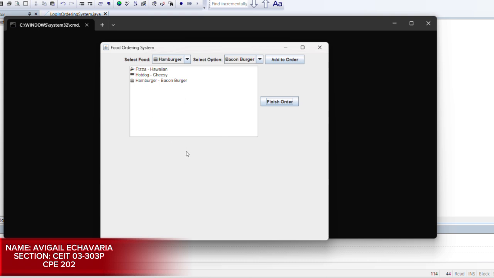Once all desired food and options are added to the receipt, I can click Finish Order. The program shows a confirmation message, Order completed. This demonstrates that the system can handle multiple food items in one order, keeping track of both food and option selections. To briefly explain how the program works, the GUI is implemented using the Java Swing components,